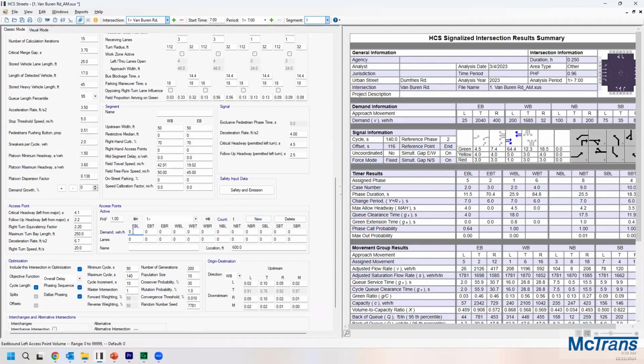So eastbound left 0, eastbound through 2,400 vehicles per hour, eastbound right 9. Then we have westbound left 15, westbound through 1,850, westbound right 0,